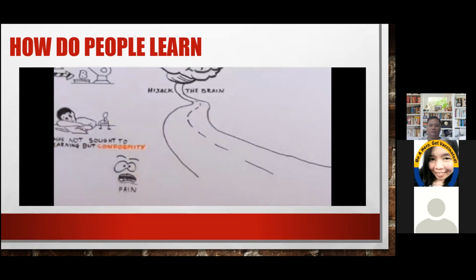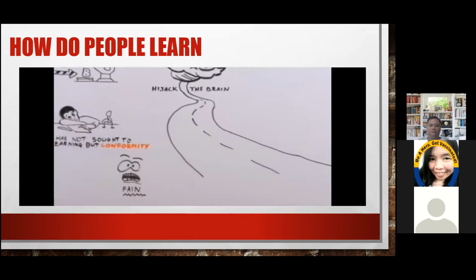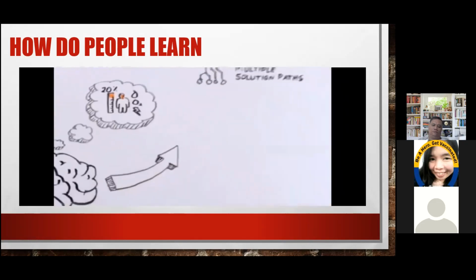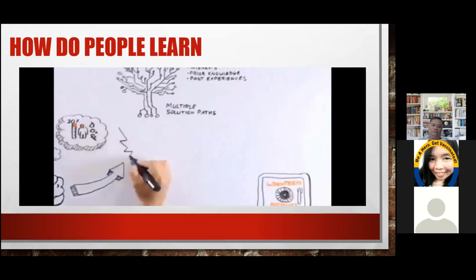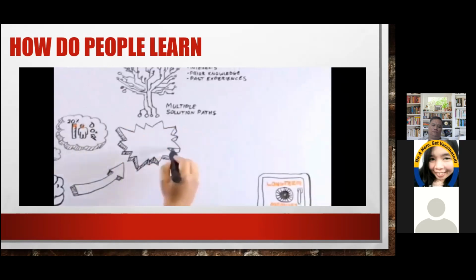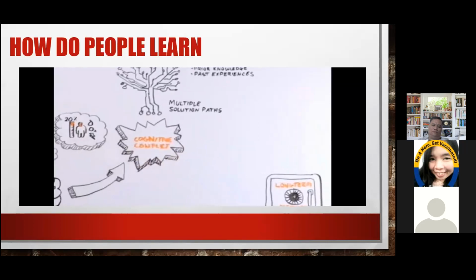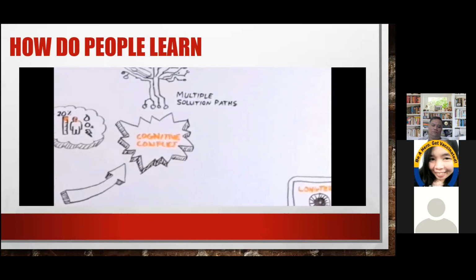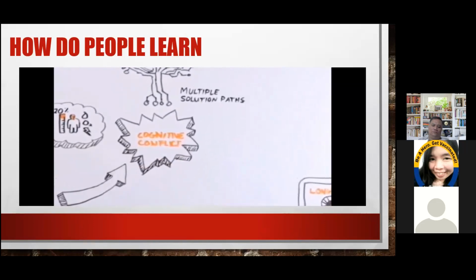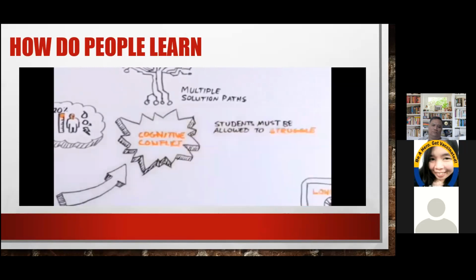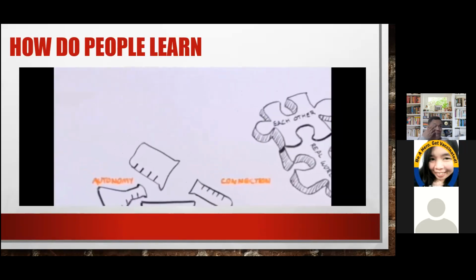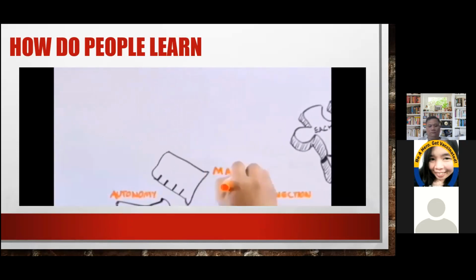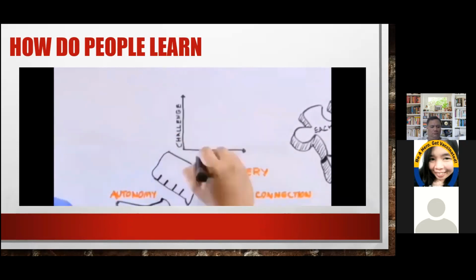Unfortunately, the more powerful of the two is pain. A teacher can prepare the most incredible lesson, and the brain has to find a way to reconcile it with prior learning. This process is called cognitive conflict. Teachers often try to shield their students from cognitive conflict because the process can be frustrating. But to truly ensure that the information is mastered, students must be allowed to struggle in pursuit of curiosity in the progression towards mastery. This requires a balance between two variables, challenge and ability.